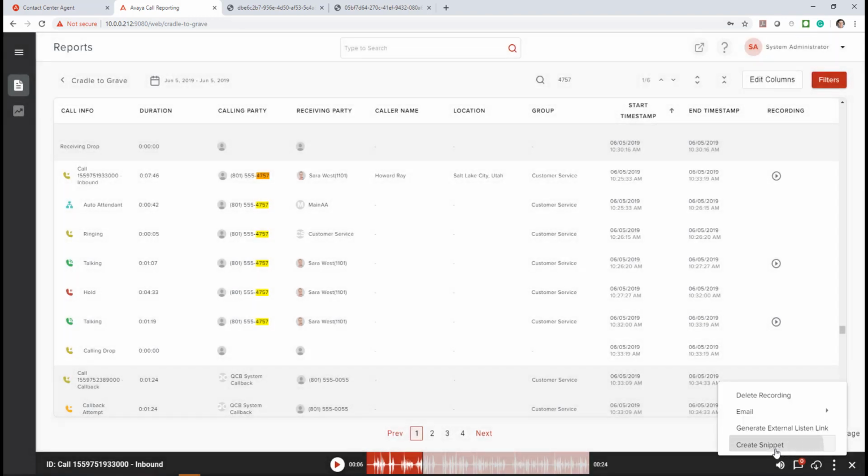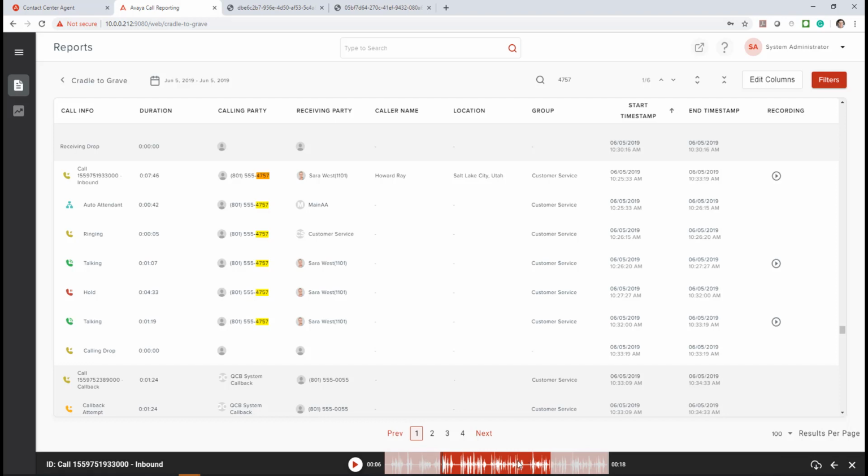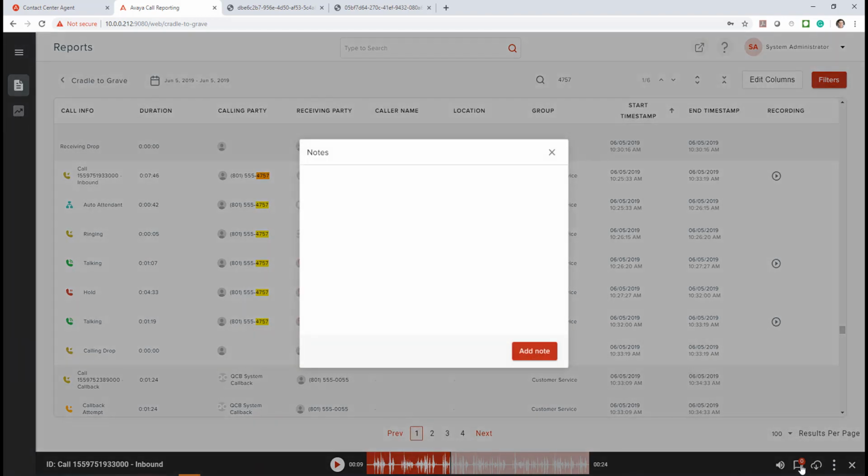You can also create a snippet. Maybe I only needed to send a portion of the call to the customer. Maybe just that section right there. Let's download that. Now, one of the cool things about the notes section is when you add a note, you